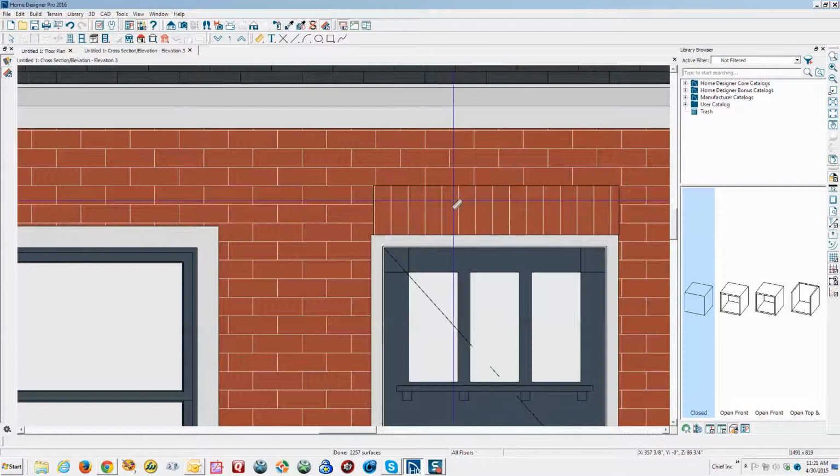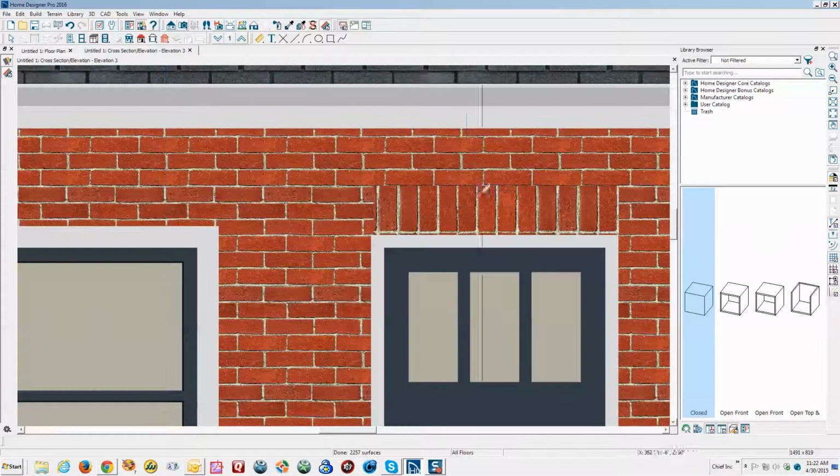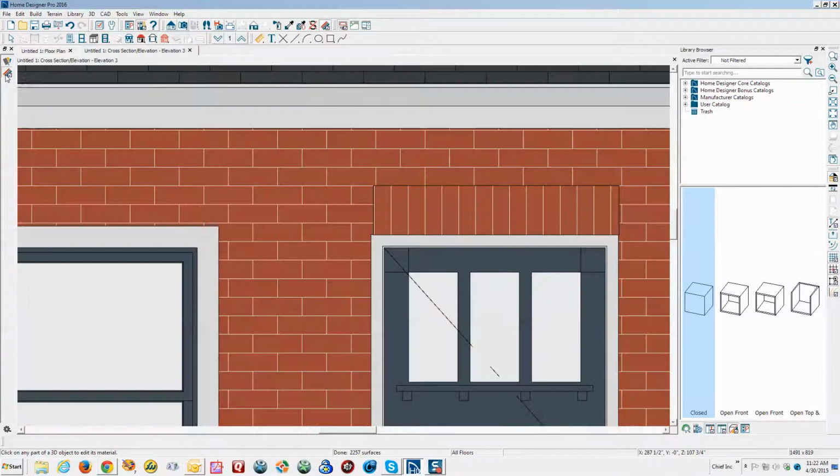And I need to check that in both, where's the camera tools? I don't use Pro all the time, so I'm trying to find the, there it is, rendering techniques. When you change a material, you have to change it in both camera modes. So I've still got the line in this camera mode. It looks fine in vector view, but